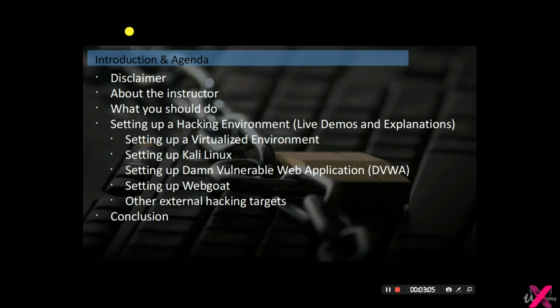Once you've worked through these localized environments and you've gotten pretty good at what you do from a pen testing perspective, then we can go to these external websites and do larger missions, larger challenges. And then we're going to close it out. So with that said, let's go ahead and get started